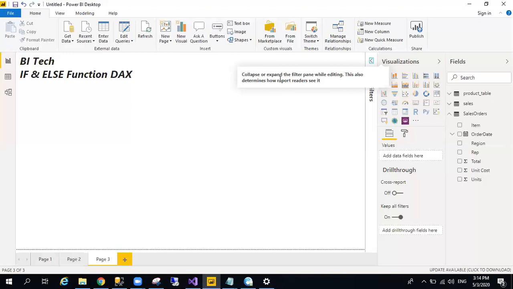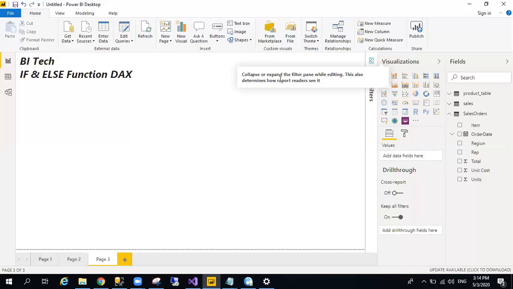So, for example, I have a scenario where I want to create a column in which the column has the total amount. If the total amount is less than 1,000, it will show the central region amount. Otherwise, the east region amount. So I am going to create a measure first, then a measure for region central and east amount, then I'm going to create a calculated column using if else.